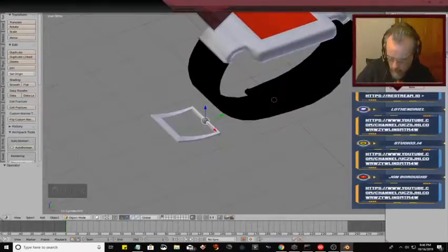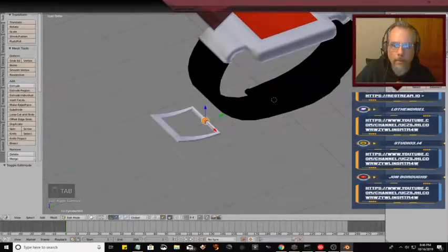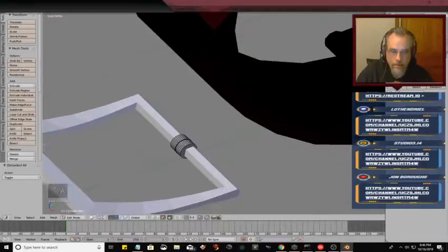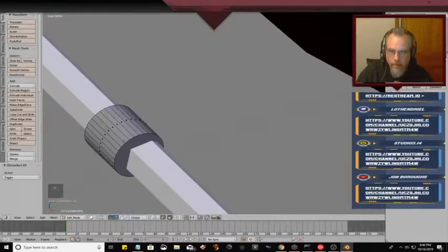Alright. We can go into edit mode. And then what I'm going to do is I'm going to try to extrude the little